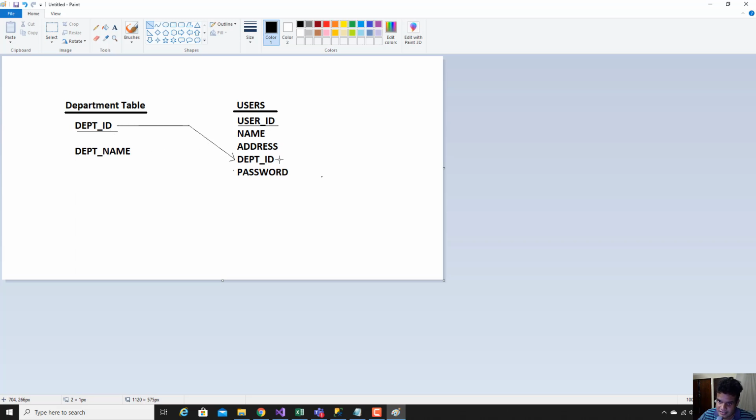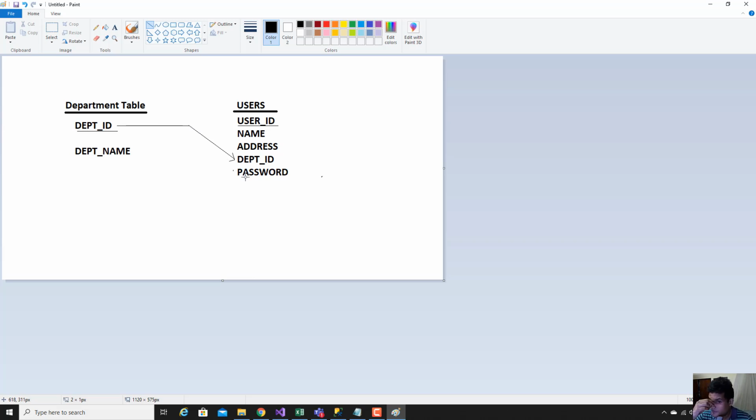As an example, if the department ID is 007, there should be a department ID called 007 in the department table, otherwise it cannot be referred to here. This kind of relationship is called a foreign key. This department ID is a foreign key because its original key is in the department table, so it is referring to that table.